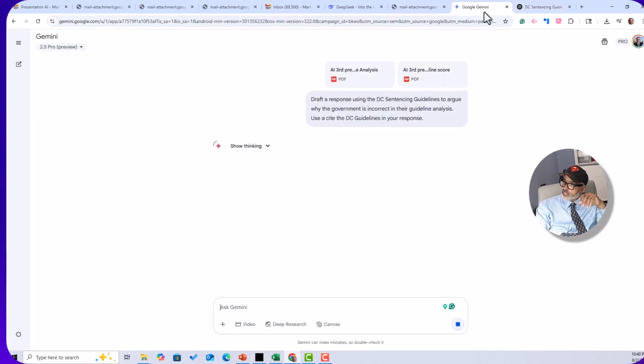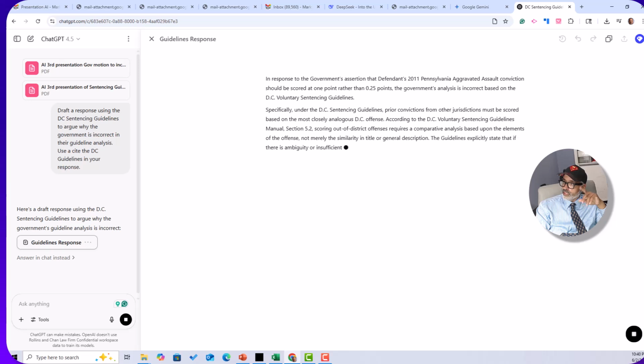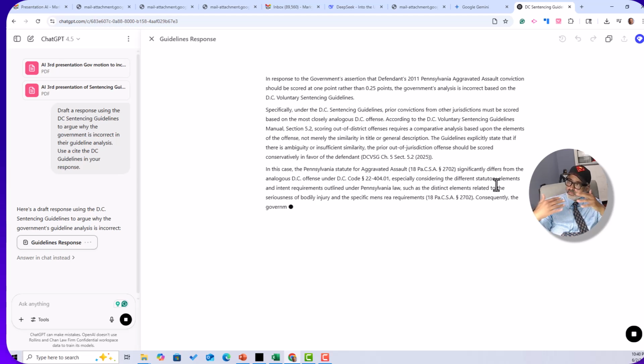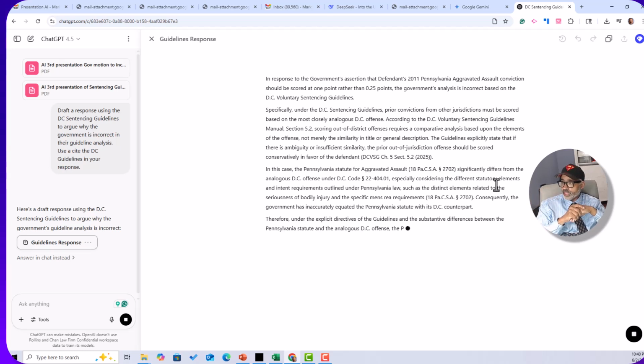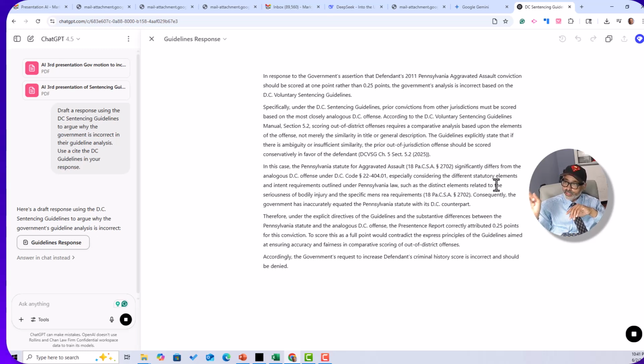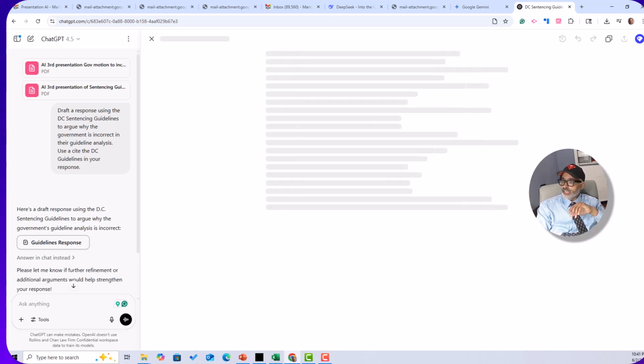I can say to ChatGPT as well as Gemini, I need this in motion format. But if you look at this, in this case, the Pennsylvania statute simply differs from the DC code, specifically considering the different statutory elements. So it's literally deciphering the information and telling you, and it actually goes into the Pennsylvania statute and pulls it to see why this shouldn't be applied. Now, because I uploaded the law to it, it has that law. But anytime it's citing law,